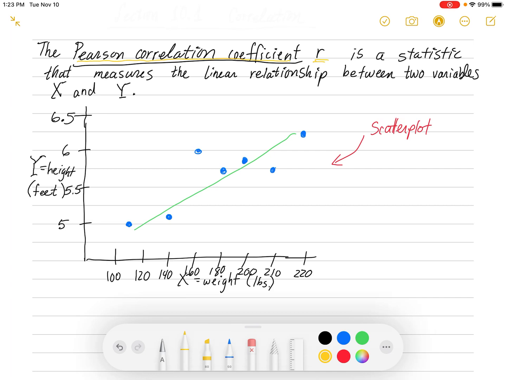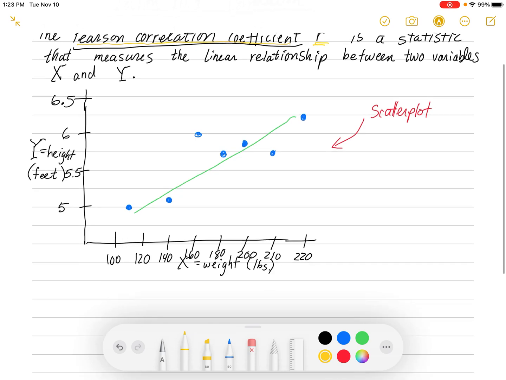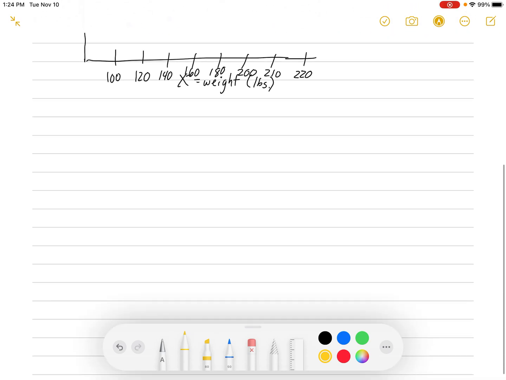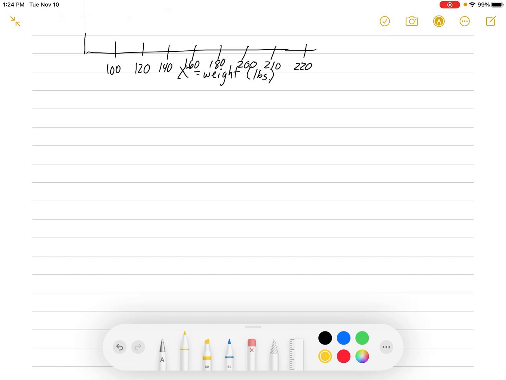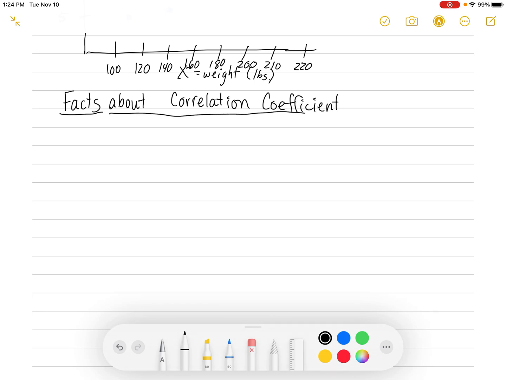We're going to give you a formula for that later, but first we want to talk about different situations for R. So facts. We said R is the Pearson correlation coefficient. It measures the relationship between x and y. So these are facts about the correlation coefficient. We call it the Pearson correlation coefficient, but for short, we'll just call it the correlation coefficient. Facts about the correlation coefficient are,